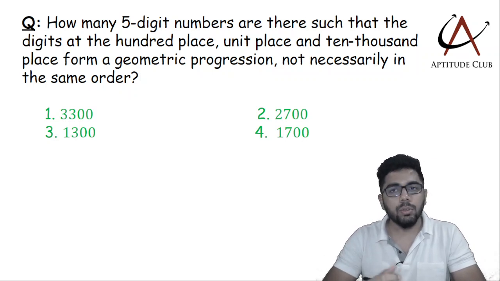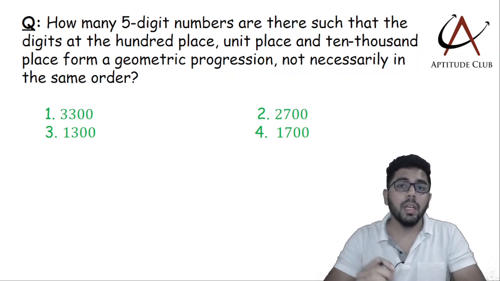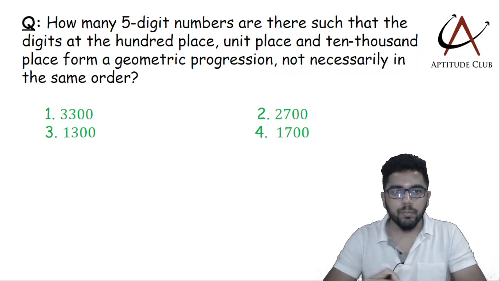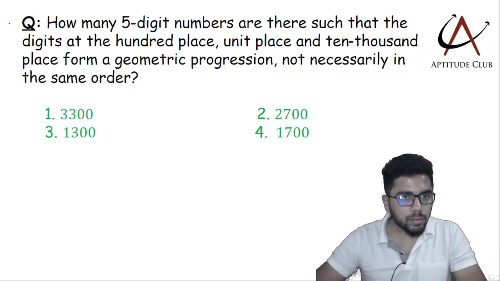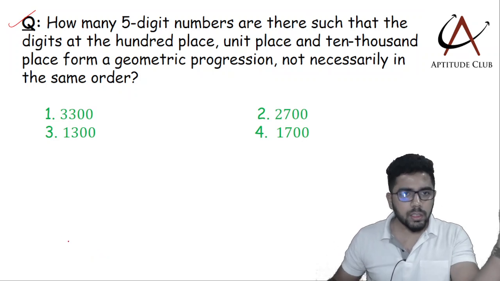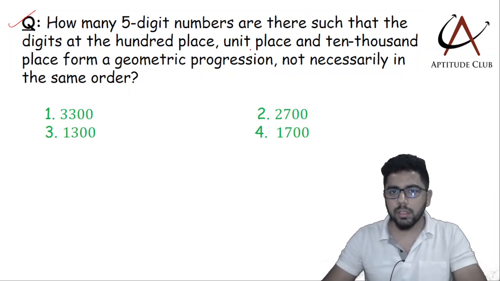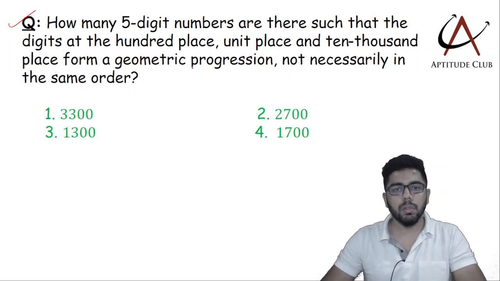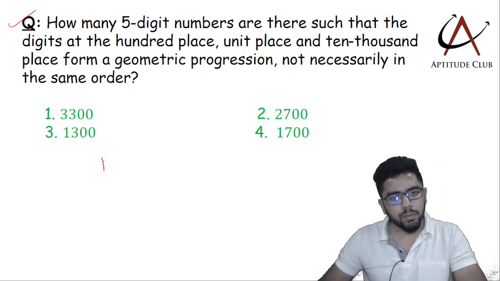All right, and those of you who are watching the video at this point, I'll request you to pause at the moment and try the question yourself first, then look at the explanation. So let's start. How many 5-digit numbers are there such that the digits at the hundreds place, units place, and 10,000 place form a geometric progression? So if I'm talking about a 5-digit number,